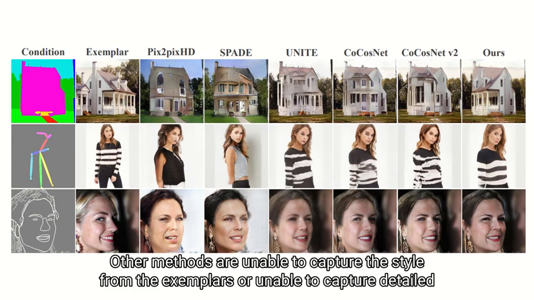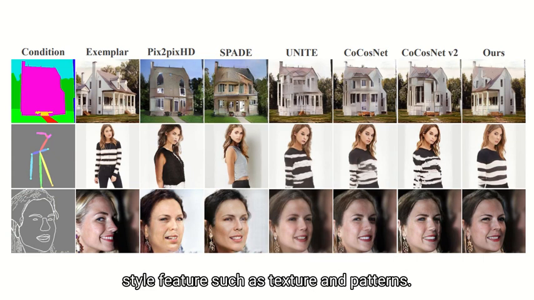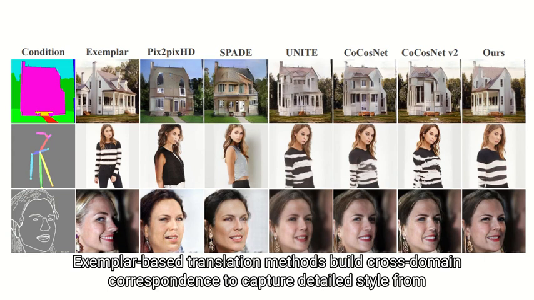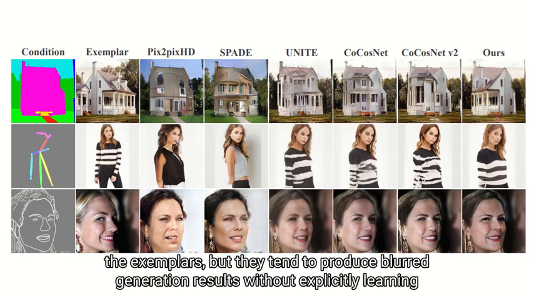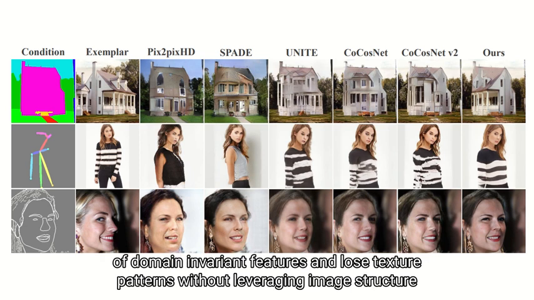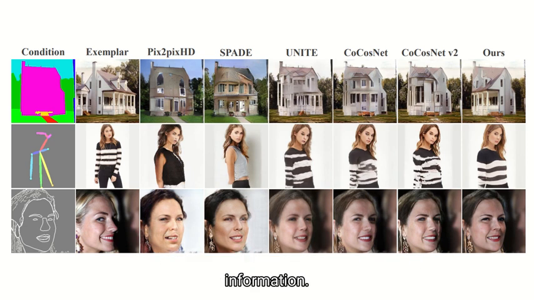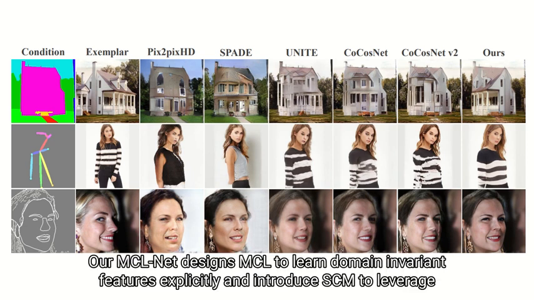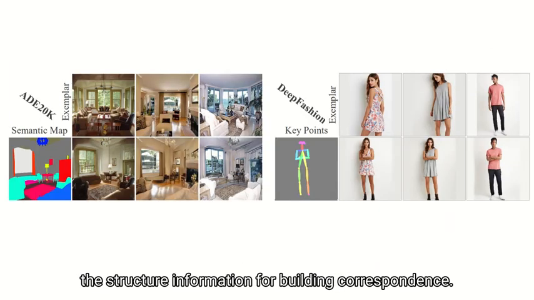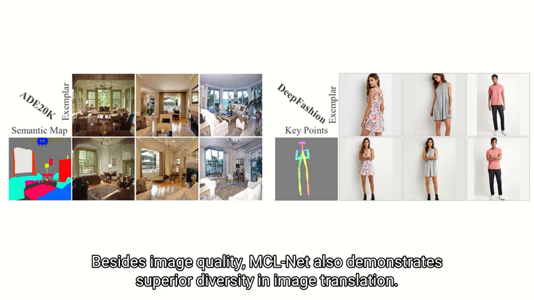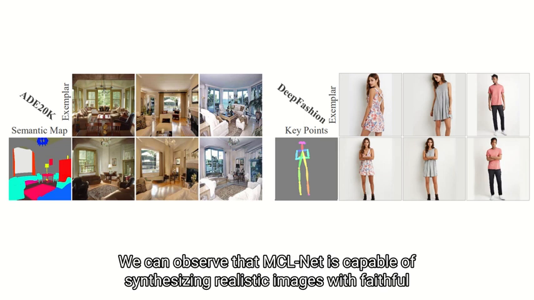Other methods are unable to capture the style from the exemplars or unable to capture detailed style features such as texture and patterns. Exemplar-based translation methods build cross-domain correspondence to capture detailed style from the exemplars, but they tend to produce blurred generation results without explicitly learning domain-invariant features and lose texture patterns without leveraging image structure information. Our MCLNet designs MCL to learn domain-invariant features explicitly and introduces SCM to leverage the structure information for building correspondence. Besides image quality, MCLNet also demonstrates superior diversity in image translation. We can observe that MCLNet is capable of synthesizing realistic images with faithful style to the given exemplars,